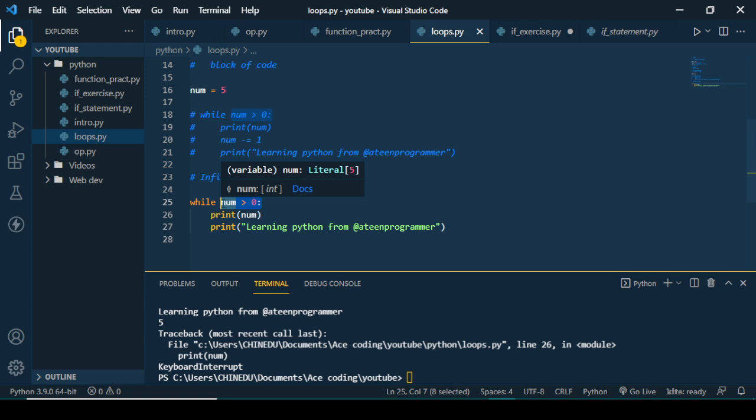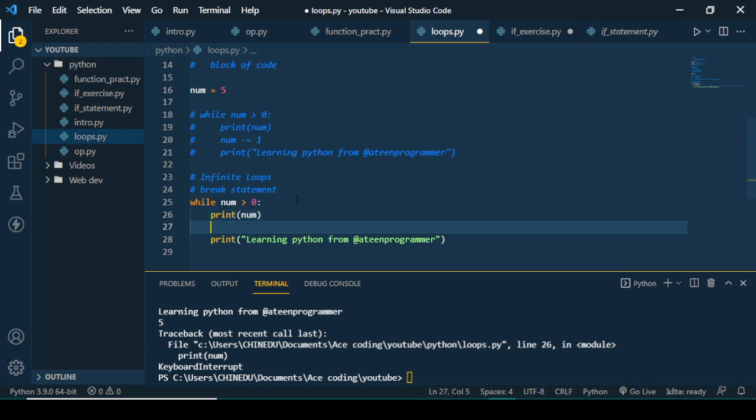Also, there are some things you can use to exit an infinite loop. We have something called the break statement. So let's say we have this particular code. It doesn't have any condition to stop. We can add a condition that says maybe if num